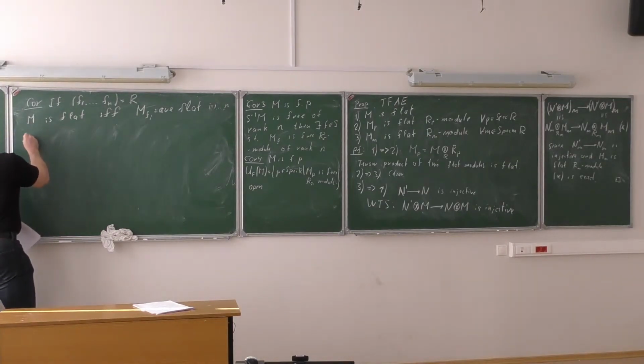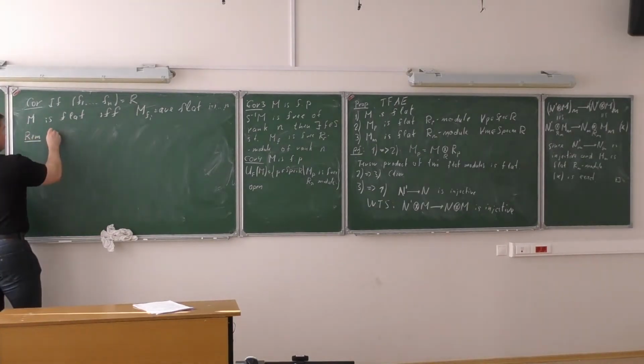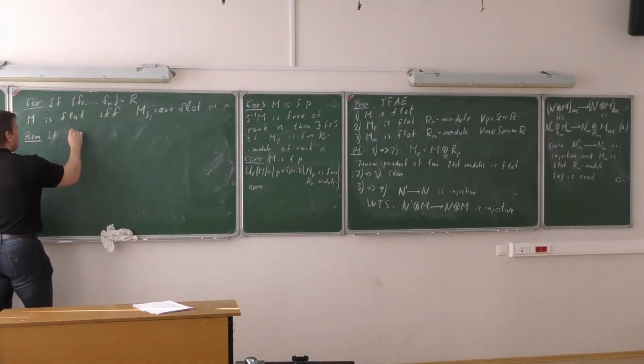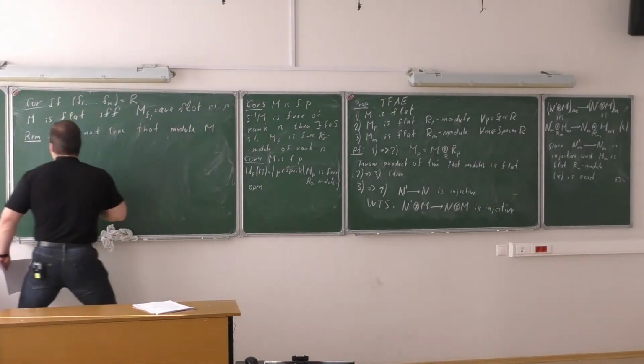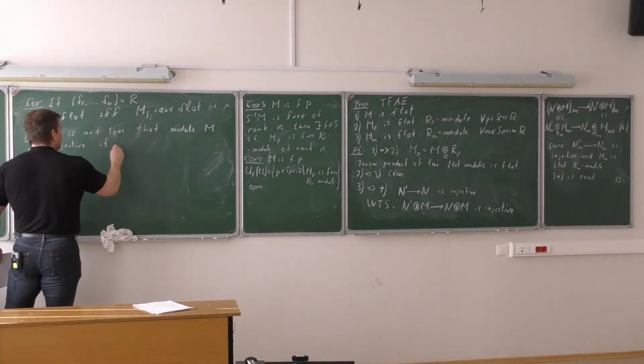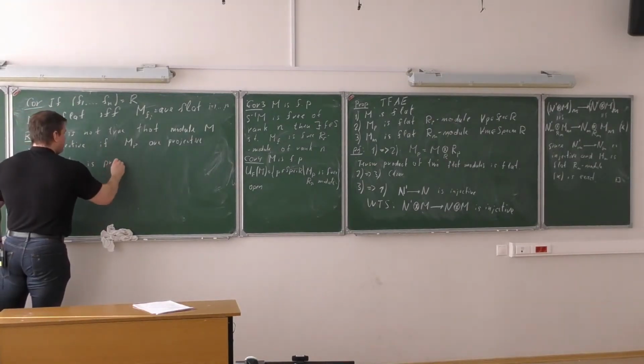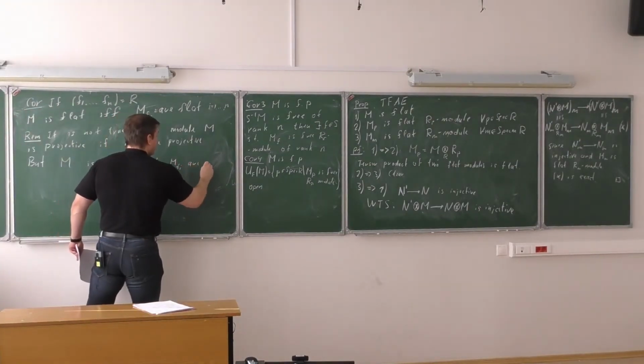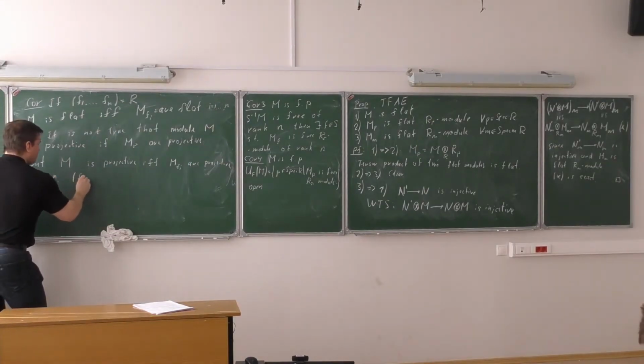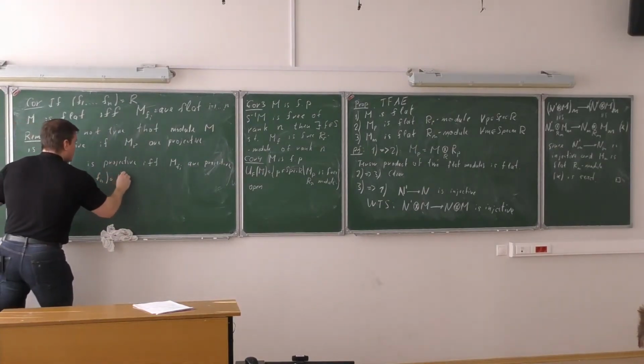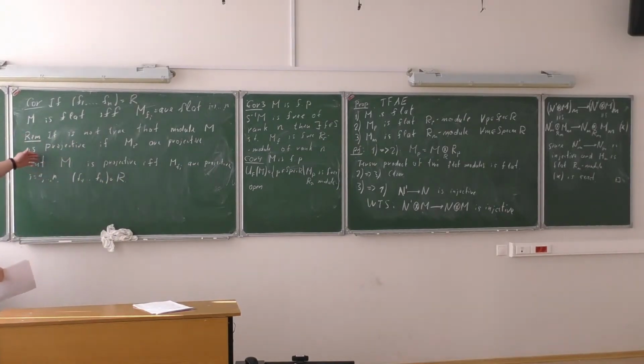So let me make one remark. It is true that M is projective if and only if all its localizations at maximal ideals are projective. First we need to know that this holds at maximal ideals, that is, in the unit ideal. You check that the module is projective locally, but you cannot do this stalk-wise. So in this sense, these properties are different.